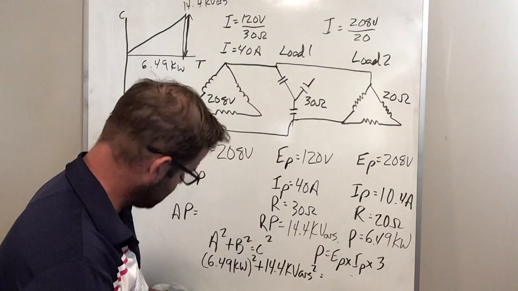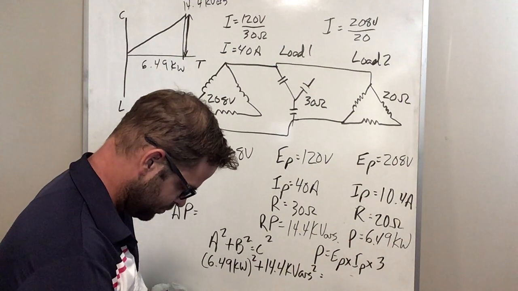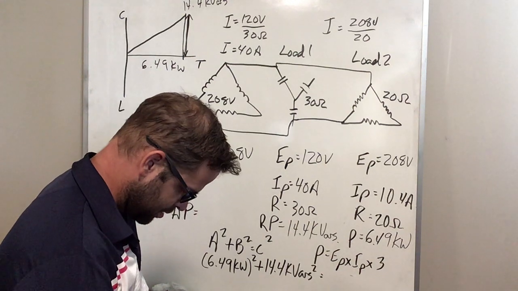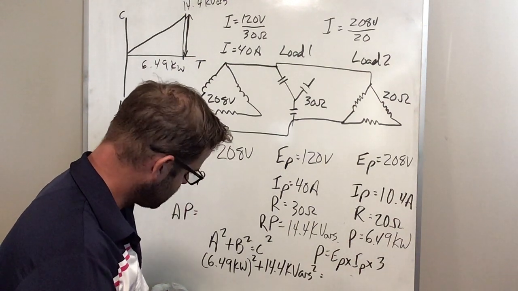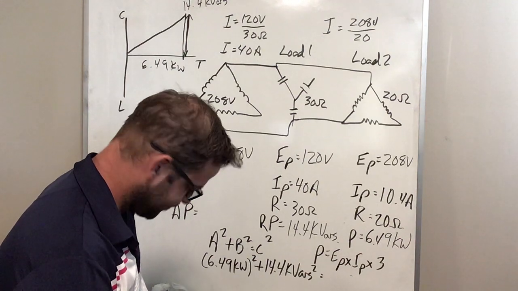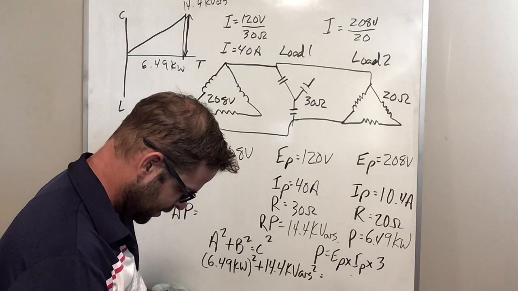So if I do that, 6.49 squared plus 14.4 kVARs squared,